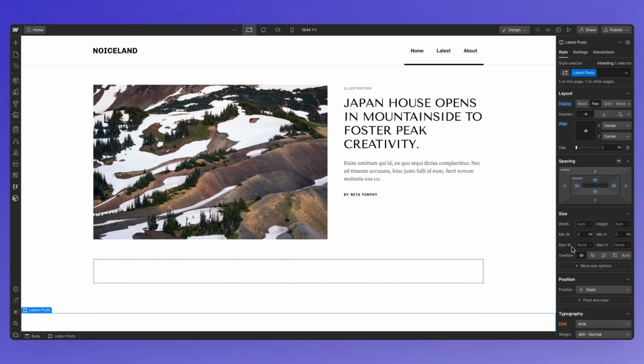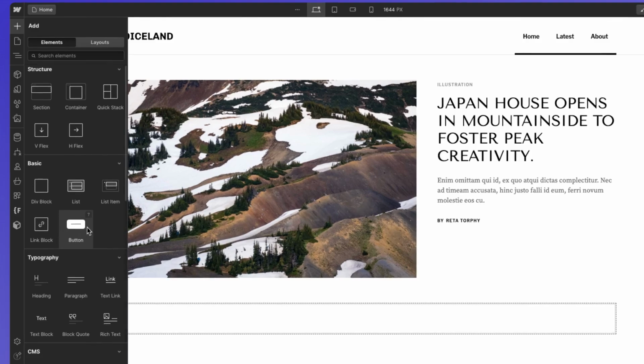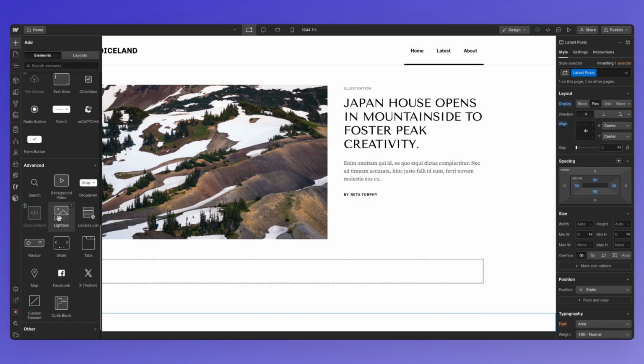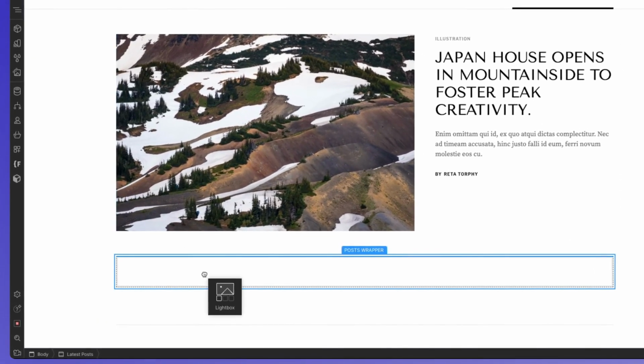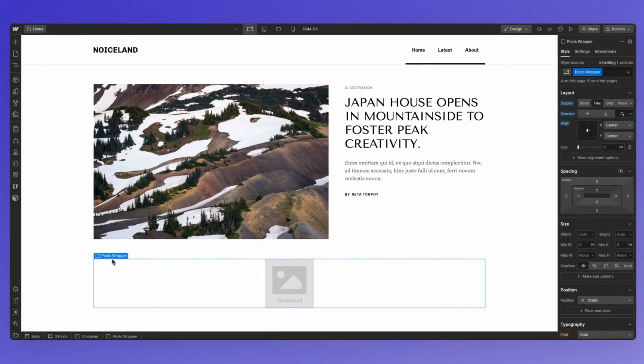In this video, you'll learn how to add a Lightbox component in your Webflow site. In order to do that, simply click on Add Elements and scroll down to the Advanced section so you can find the Lightbox element. Now, in this case, I'm simply going to drag and drop over this component, which is essentially a containing element